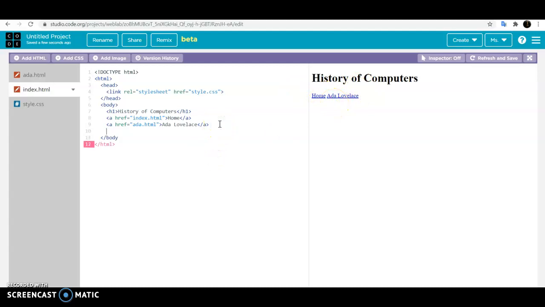If I want to continue to add more, I'm going to do the same again. Open my A tag, immediately close it in case I forget to close it. I always like to open and close. And then go back in between my tags. I'm going to put in the name that I want displayed over here. So say for example I want Alan